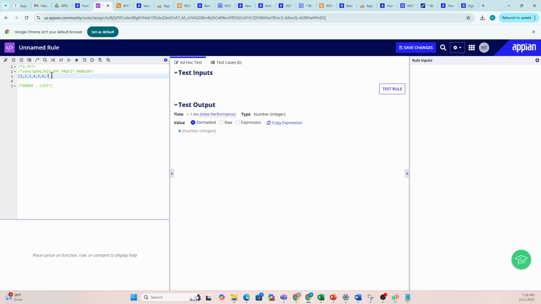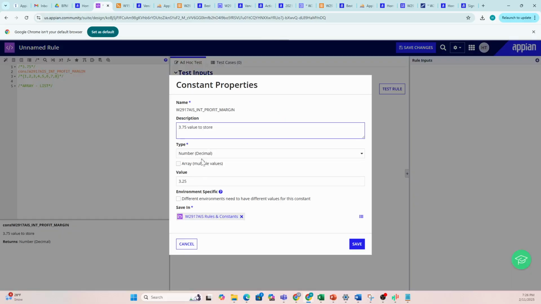So we can store these things in a constant as well, right? For example, this one I created stores only a single value, like 3.75, with a decimal number. But I want to store multiple values in this array. Instead of creating multiple constants for each number, I want to create one constant for multiple values,